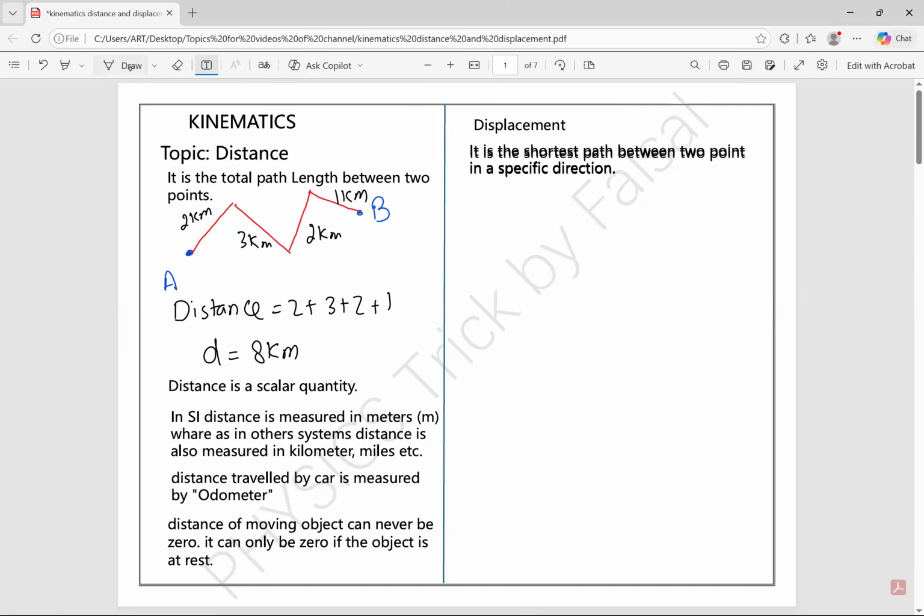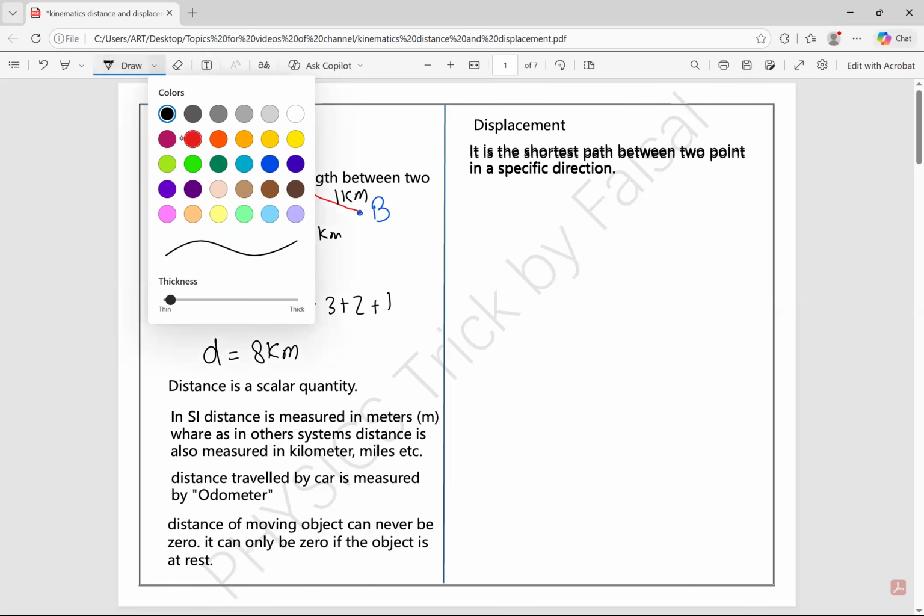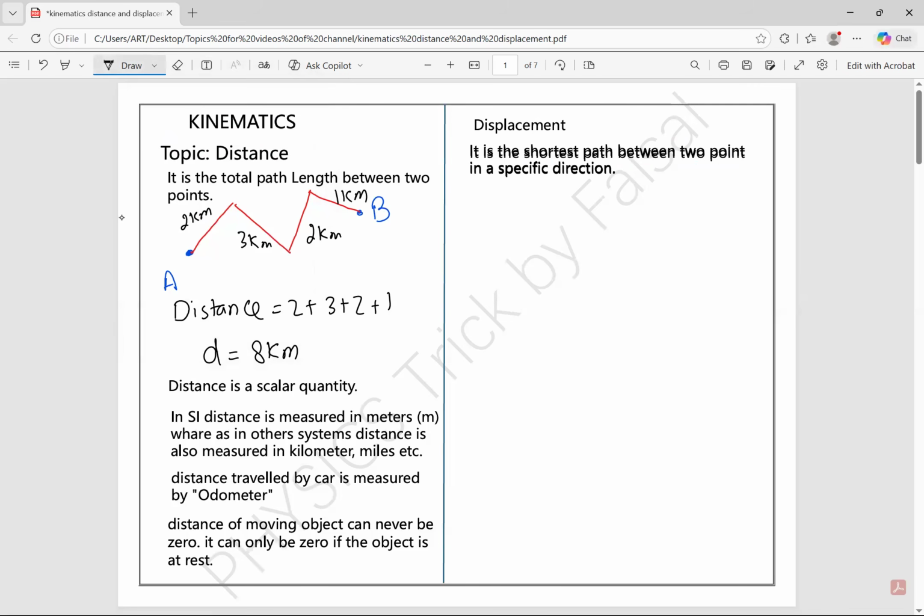If we talk about our previous example, that a car travels 2 kilometers in this direction, then it moves on the other road and it travels further 3 kilometers, and then 2 kilometers, and finally it travels 1 kilometer. So the total path length is 8 kilometers. This is the distance. But if we have a shortest route from point A to B, then it would be